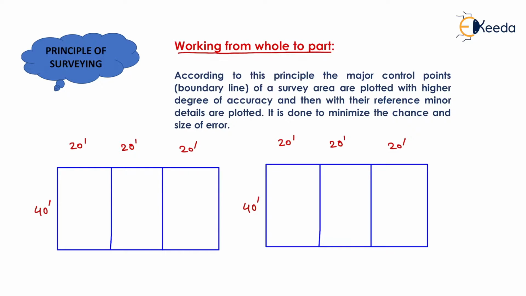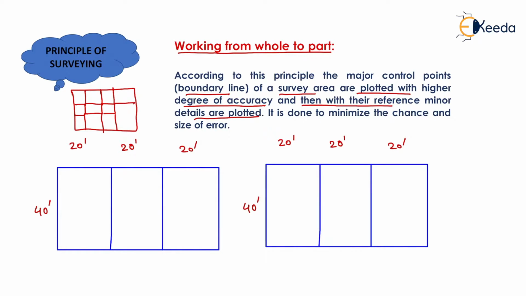from whole to part. Now according to this principle, the major control points, that is the boundary line of a survey area, are plotted with a higher degree of accuracy, and then with their reference minor details are plotted. It means that first of all we need to plot the outer boundary of the area very accurately. After that we need to plot the minor details inside the area. So if any mistake has taken place inside the survey area, then it will get minimized when we work from